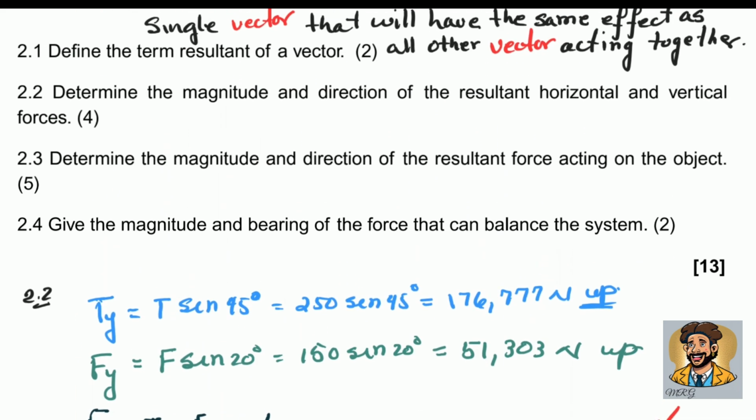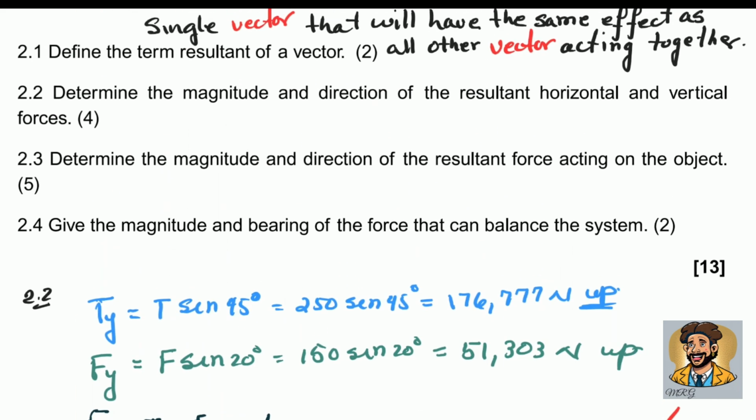It's a good question. And the final question is the tricky one. So give the magnitude and bearing. Bearing is in direction, guys. We're going to explain about bearing real fast, of the force that can balance the system. Now, I really want you to write this one in your book. The force that can balance the system, remember the system is not balanced, so the force that can balance the system is what we call